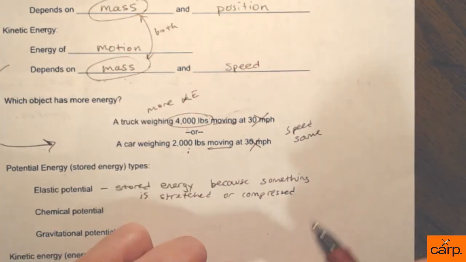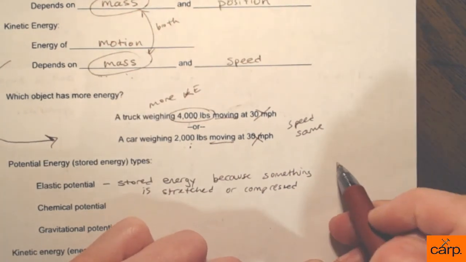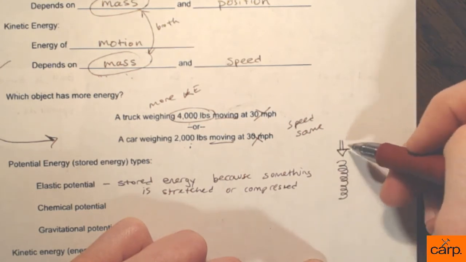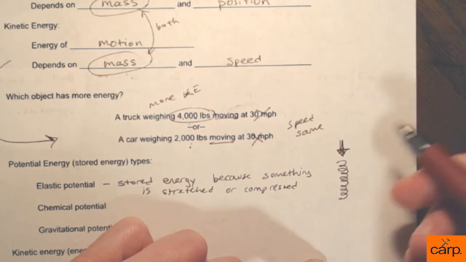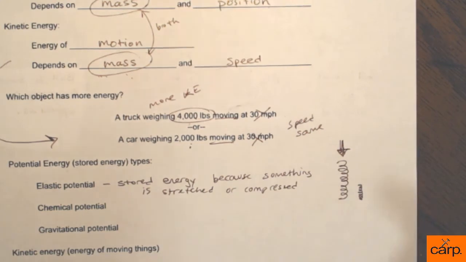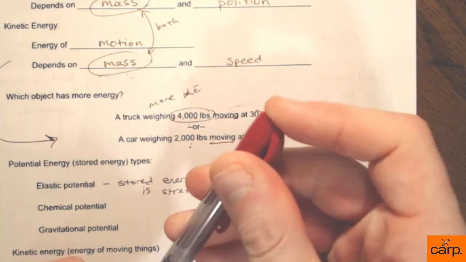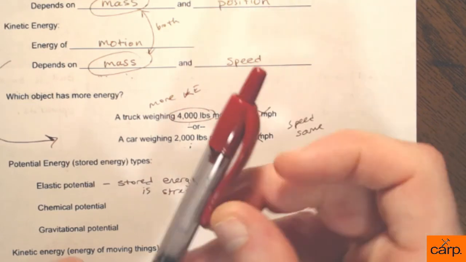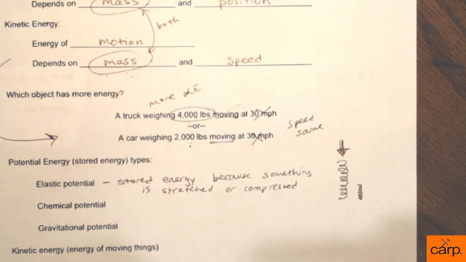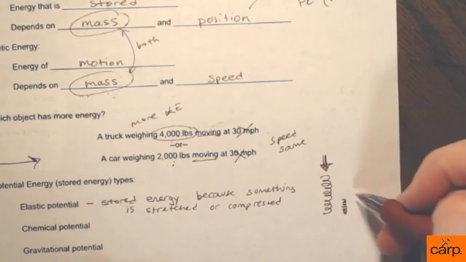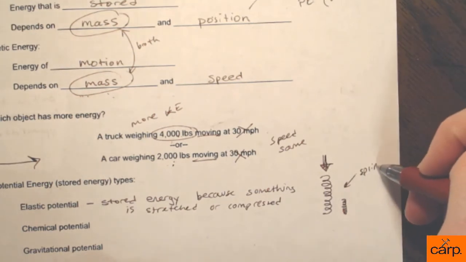I usually like to think of a rubber band or a spring in this case. So let's say we have a spring here. We put a force down on that spring. We push it down. That spring now looks like this. It's all nice and compact now. Think about clicking a pen, right? If I compress that spring in there and then let it go, that wants to change. So by compressing it, you're storing some energy, and then when you let go, you're releasing it. So this is a spring being compressed.